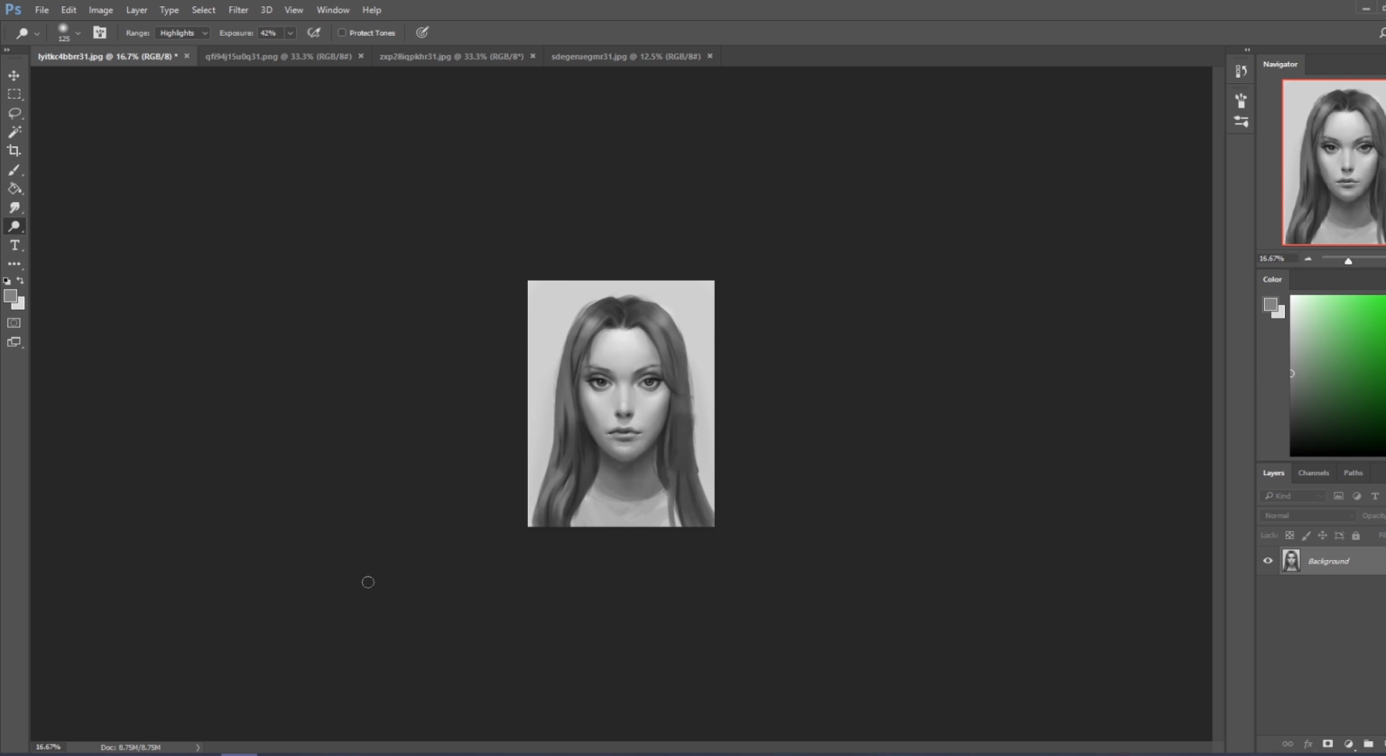Alright, a little more sheen around the chin and the nose, and the forehead. Okay, so these are just some of the ways you can push your values, your